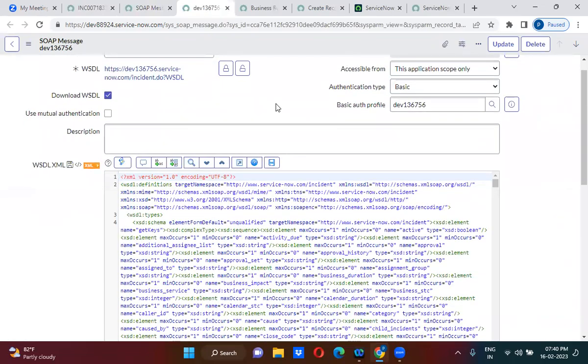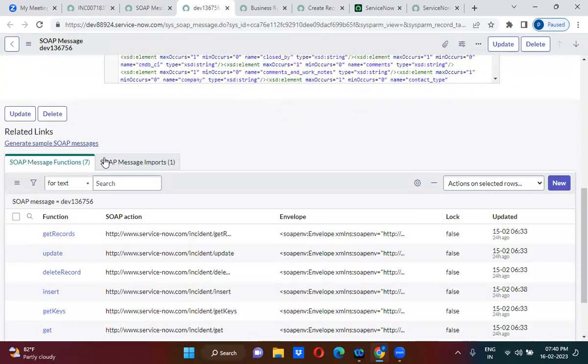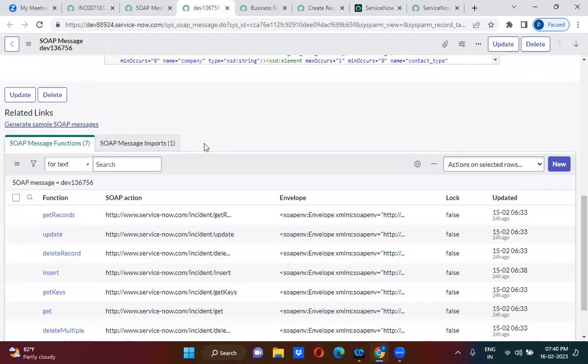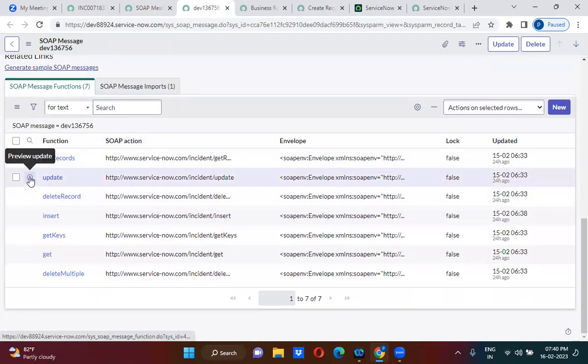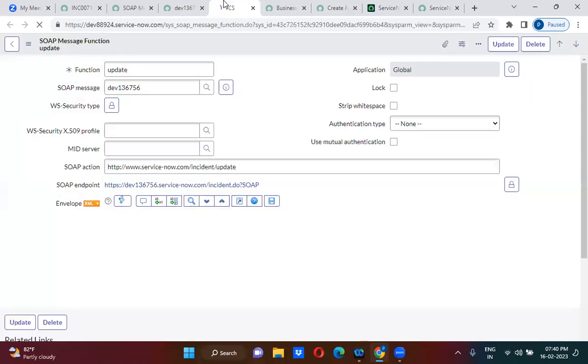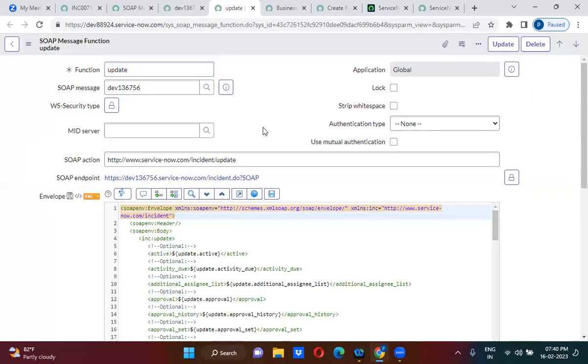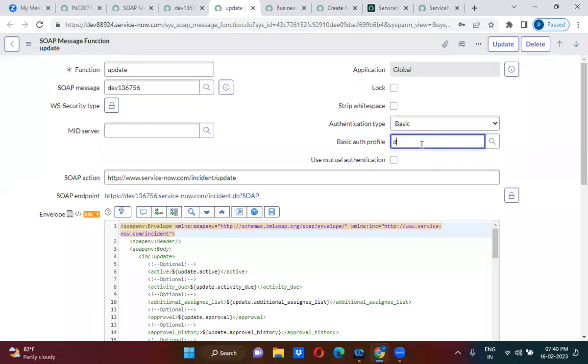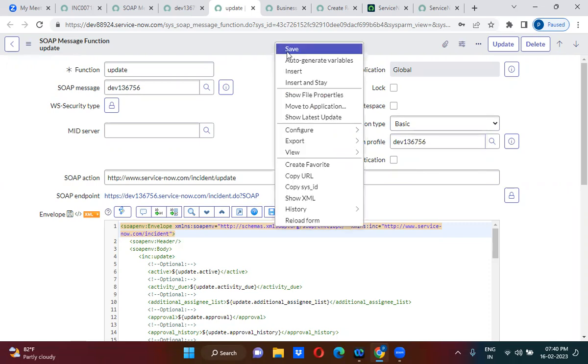Using this WSDL, we have generated the SOAP messages. This time we will use the update function to update the record. For authentication type, we will use basic authentication. I'm just saving this one